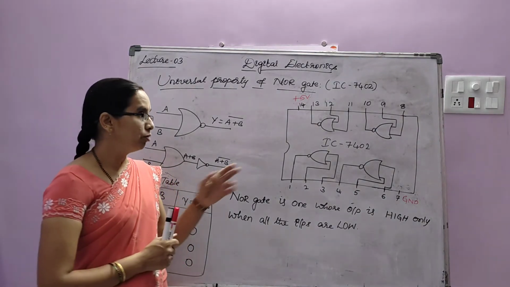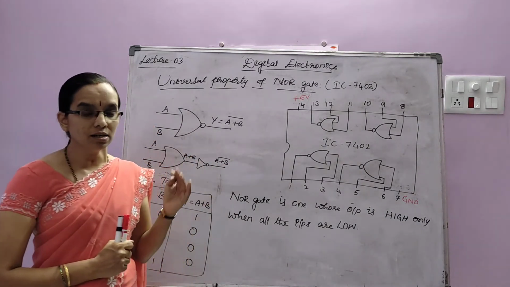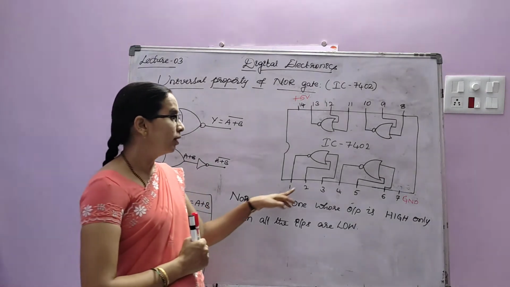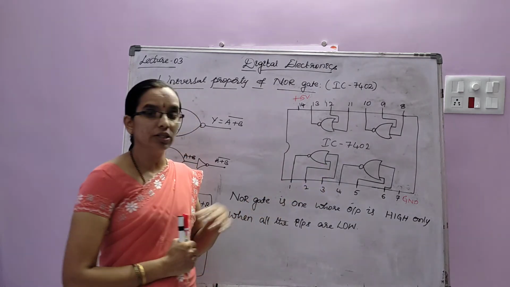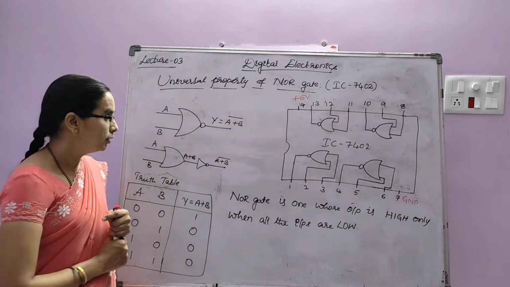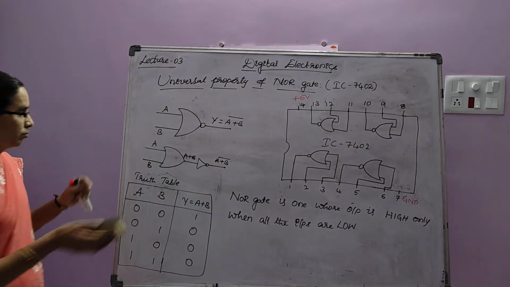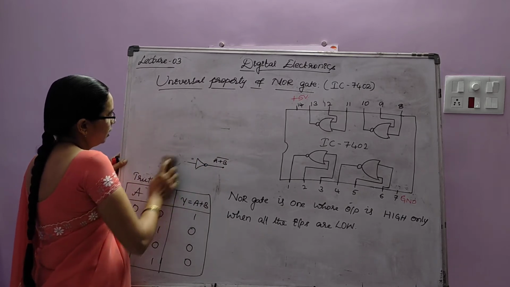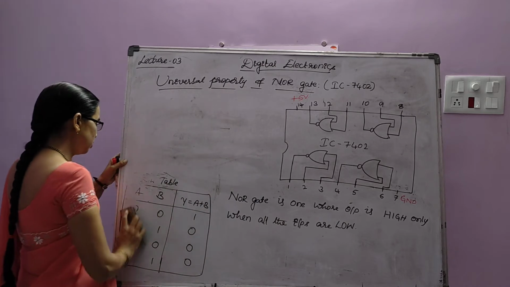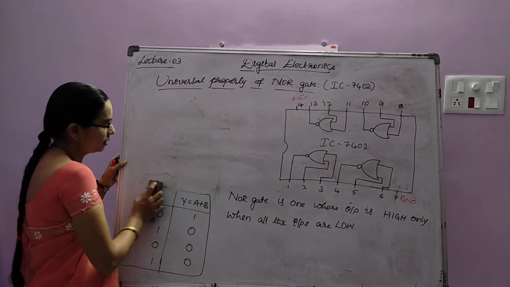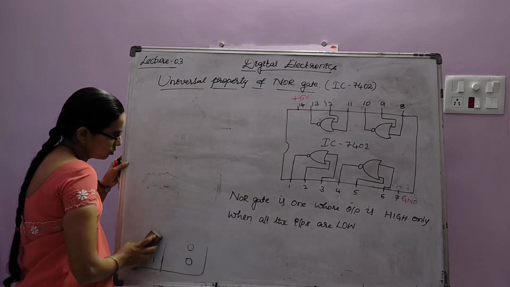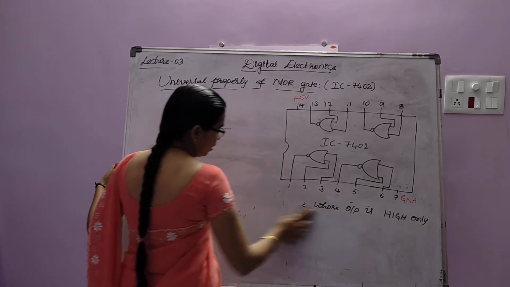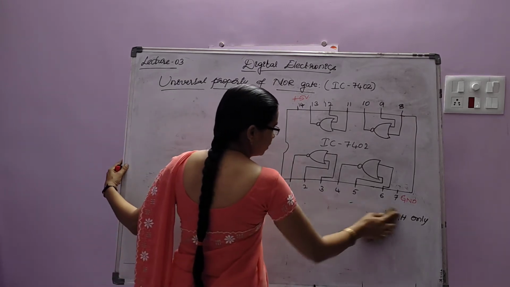In laboratory we will perform this experiment. We will realize the basic gates using NOR gate IC. At that time we must know very well which are the input pins and which are the output pins. In the examination, there may be a question: write the pin diagram of NOR gate, write the pin diagram of NAND gate. That time also it will be asked for 2 marks. What is NOR gate? Write its pin diagram. What is NOR gate? Write its truth table. Something like that.